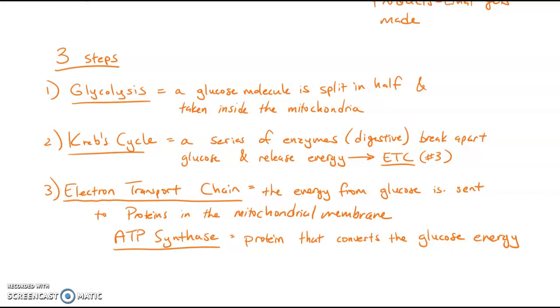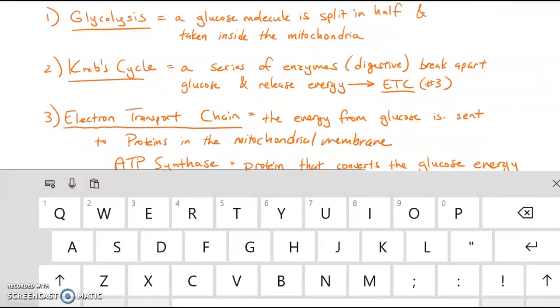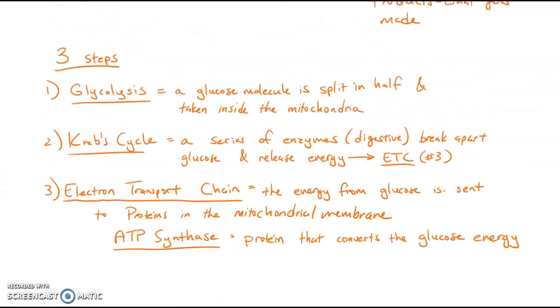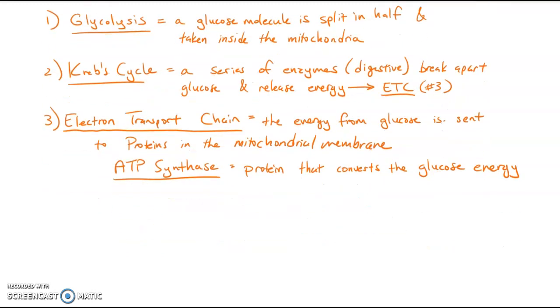This molecule is used for everything. When the cell moves, when you move, you're spending ATP. Every time a molecule moves around, a molecule of ATP is spent. It's like a rechargeable battery. We're going to talk a little bit more about this, but just know that ATP is energy pretty much, right? So ATP synthase is a protein that converts the glucose energy into ATP, right? Which is the energy molecule